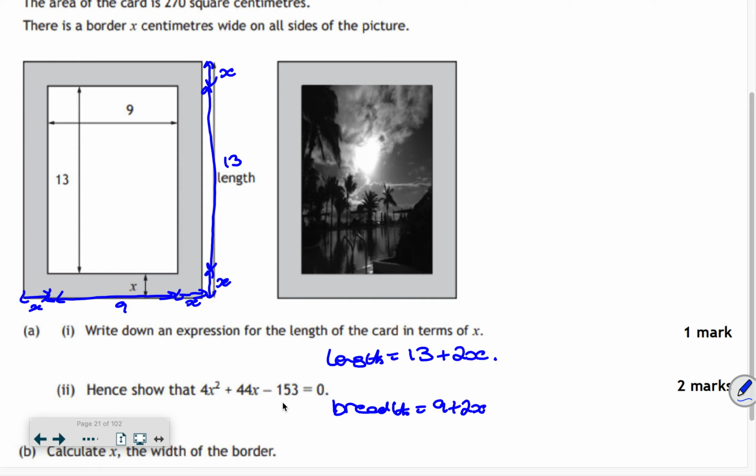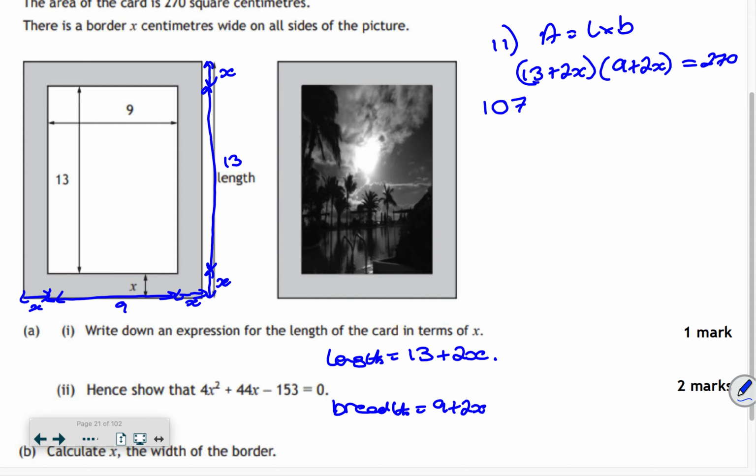So for room, I'm going to do it up here. So area is equal to length times breadth. So that's going to be 13 plus 2x times 9 plus 2x. And we know that that is equal to 270. Expand the brackets. So 9 times 13 is going to give me 117. It's looking good already. Plus 18x plus 26x plus 4x squared